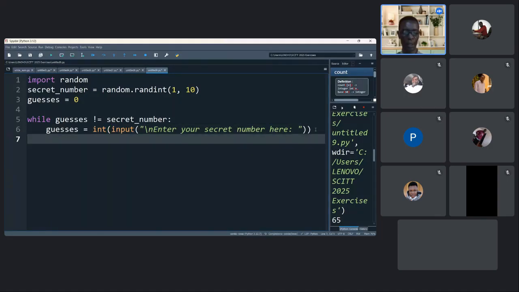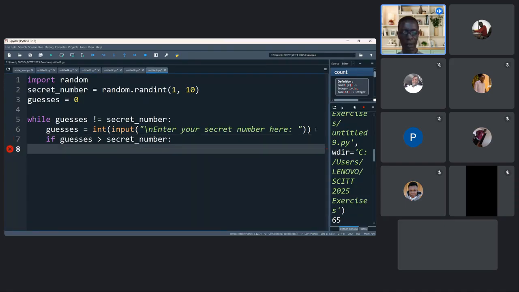So what we can say here: if guesses is greater than the secret number in this case,